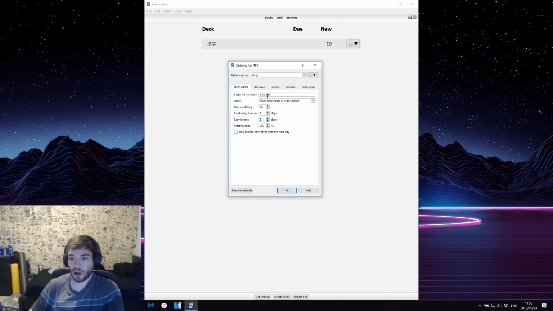It will bypass all the steps, and it will give it a graduating interval, basically, of whatever you have in this box. So you can make this the same as the graduating interval, or you can make it higher. And if you make it the same as the graduating interval, then basically it's the same as going through all the steps, but it just lets you skip the steps and go straight to the end result if you press easy. But if we made this, for example, like 10 days,